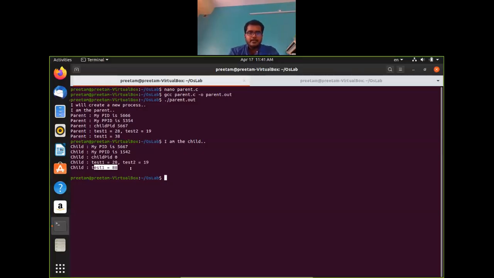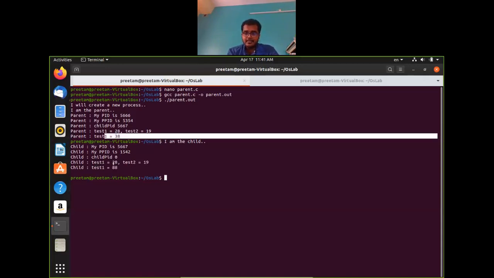It might be the case that test1 is assigned 38 in the parent before it is assigned 88 in the child, so it has shown the value 38, and after that the 88 value has been assigned and shown. So it is not proved yet with this one run that they have different memory locations. This thing is not yet proved.